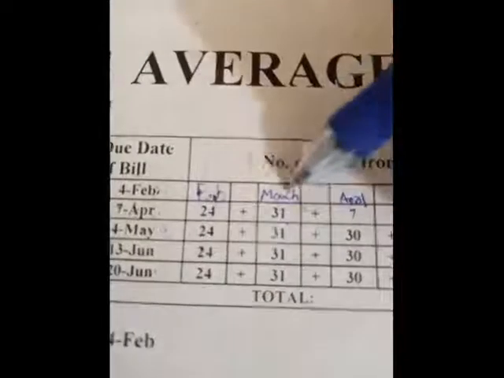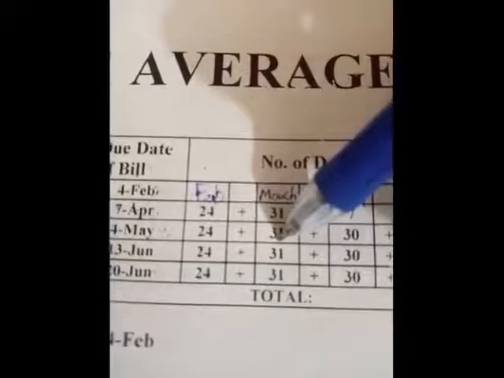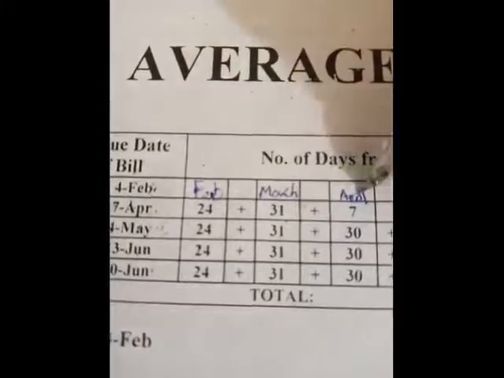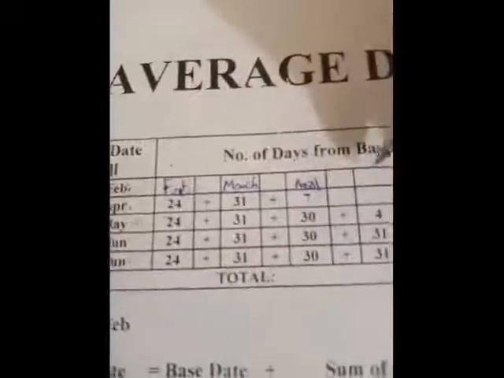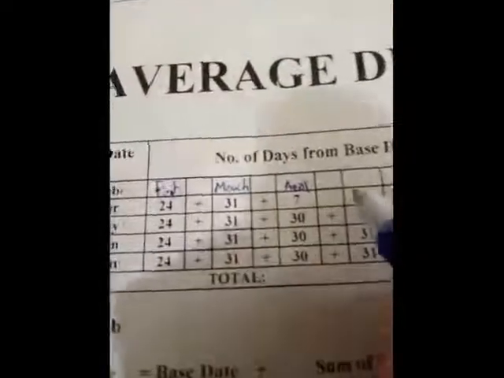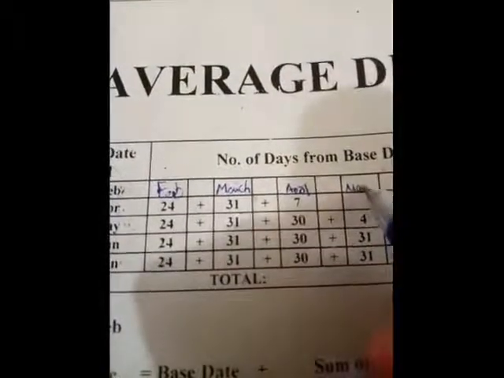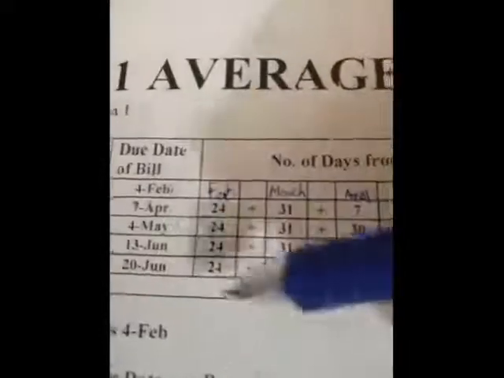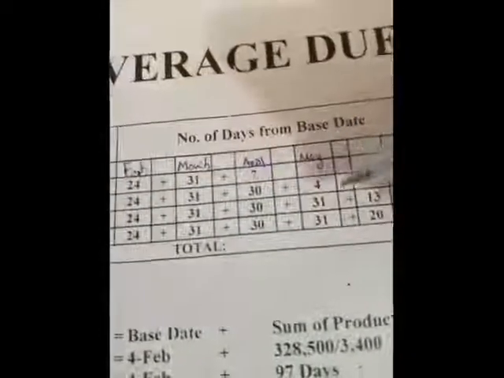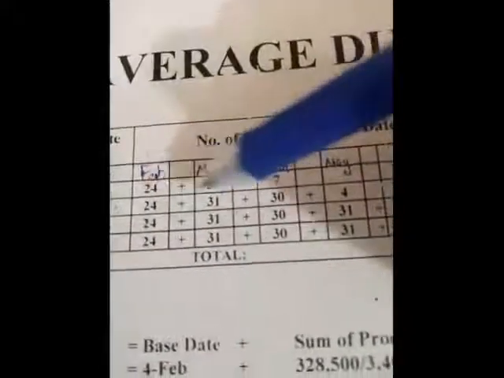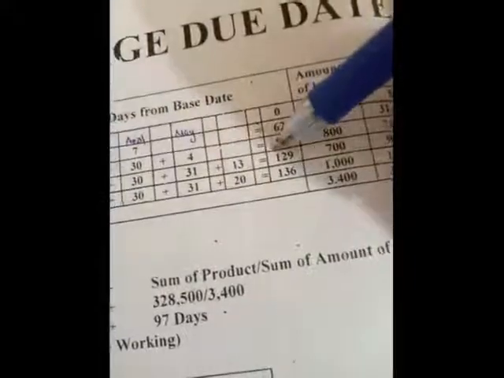मार्च। मार्च में कितने दिन हैं? 31। मार्च के बाद कौन सा महीना आता है? अप्रैल। अप्रैल में कितने दिन हैं? 30। अप्रैल के बाद कौन सा महीना आता है? मई। मई में कितने दिन आ रहे हैं? कह रहे हैं 4 मई तक कैलकुलेट करें तो कितने दिन हम लिखेंगे? 4 दिन। तो 24 + 31 + 30 + 4 हमारे पास नंबर ऑफ डेज आ रहे हैं 89।